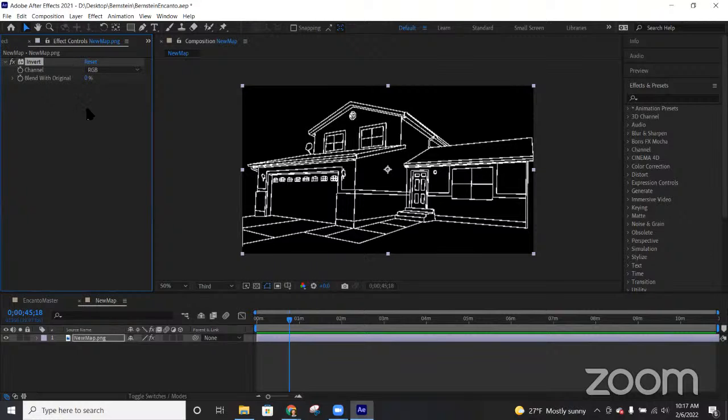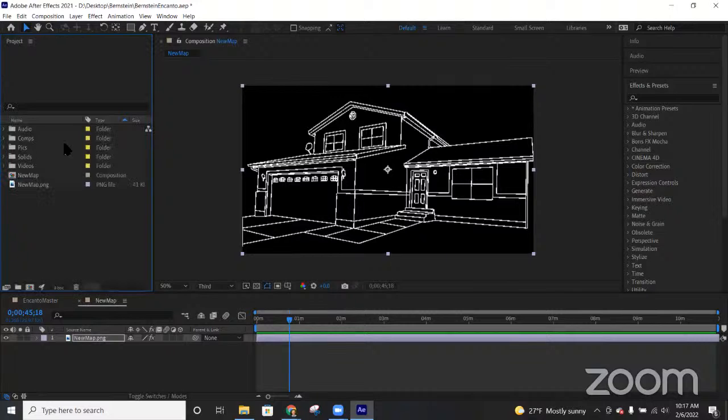You'll notice too, though, up on the upper left that it changed what we were seeing over here. I can't see my files and folders anymore. It's showing us what effects have been added to that layer. To get back to where I was, though, all I have to do is click this X to close out the effects. And then I'm back to my project. If I want to go back to those effects,